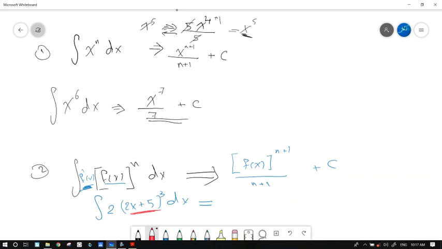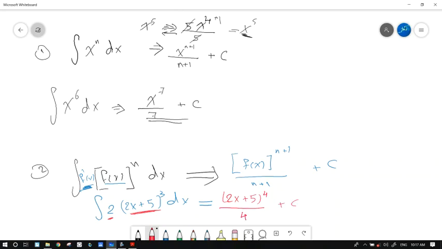So I have to make sure that the derivative of this expression is multiplied by the bracket. Yes, the derivative of 2x is 2 and the derivative of 5 is 0. So the derivative of the whole expression is 2 and it's multiplied by the bracket. So I will follow the rule easily. It will be 2x plus 5 whole power 4 and divide by the new power, which is 4, and plus